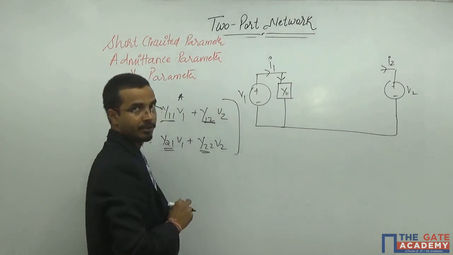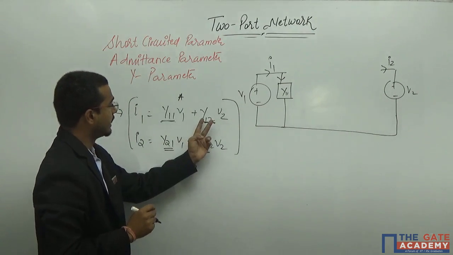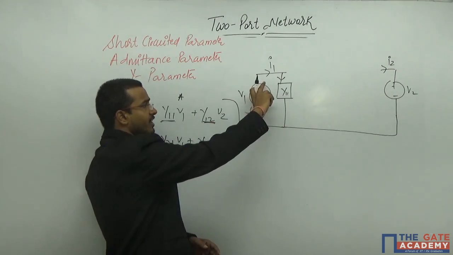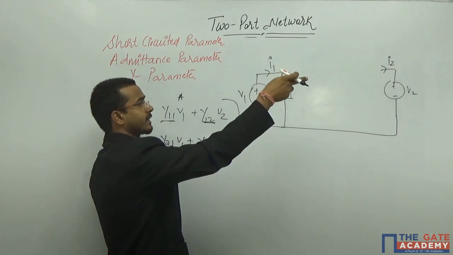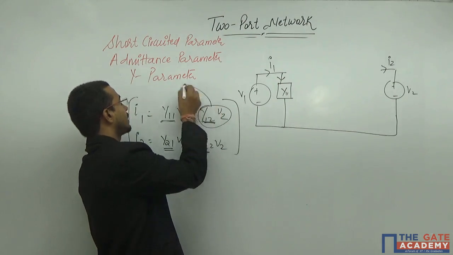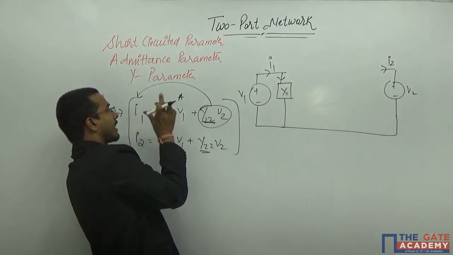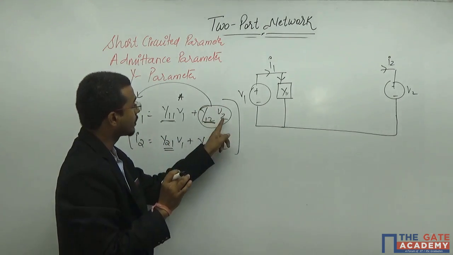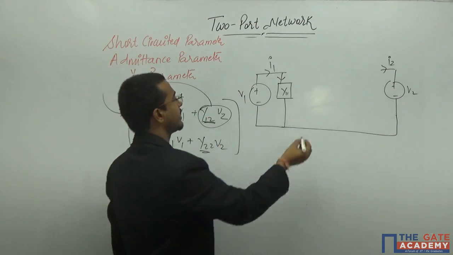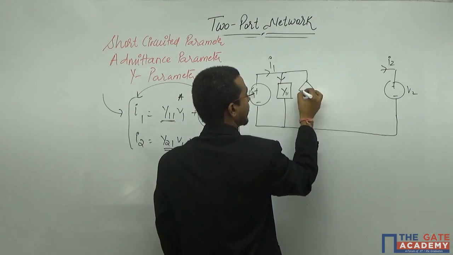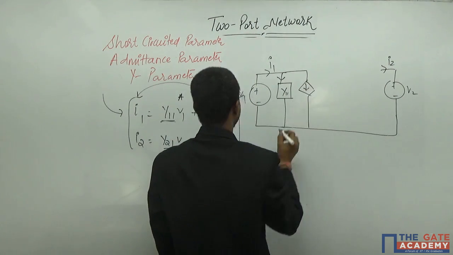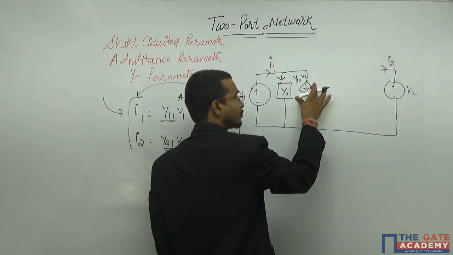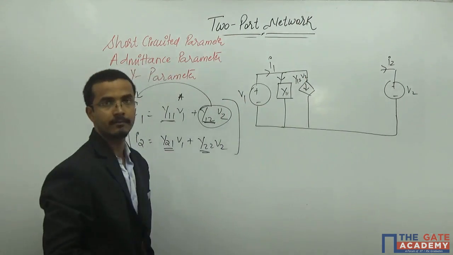Voltage into admittance. Now, here you are getting some particular voltage which is not present in the first side. It is dependent on the second side. But the equivalent will be a current only. This will be a current and this will also be a current, but this current is dependent on the voltage on the second side. That means it is basically a voltage controlled current source, and the value will be Y12 V2. This is a current source whose value is dependent on the voltage on the second side.